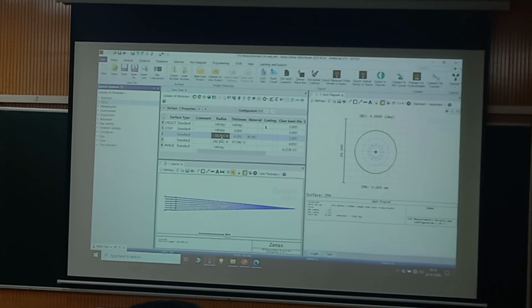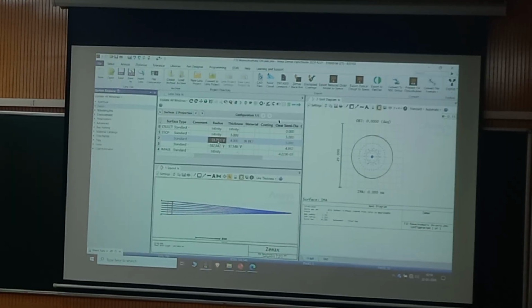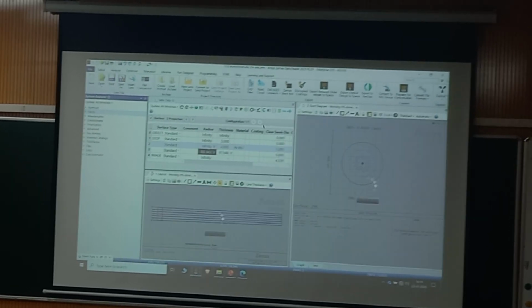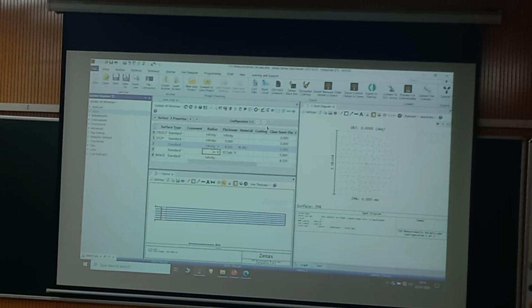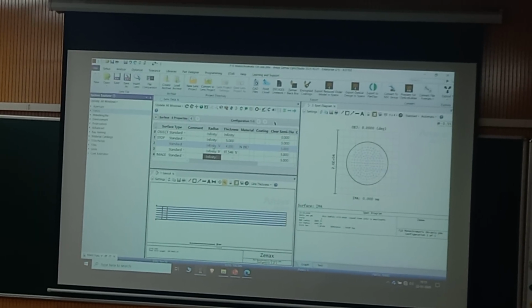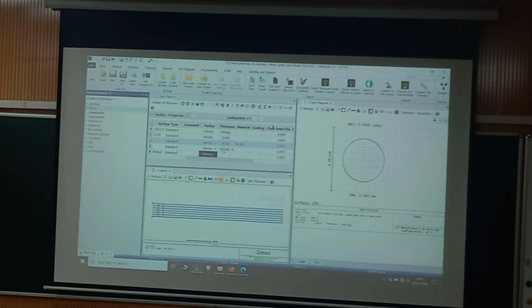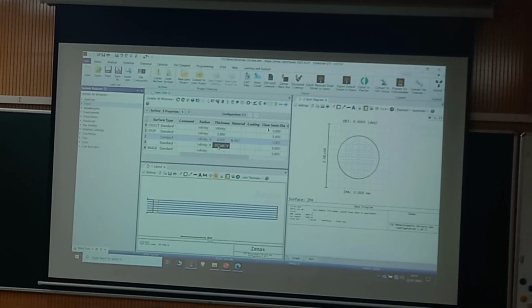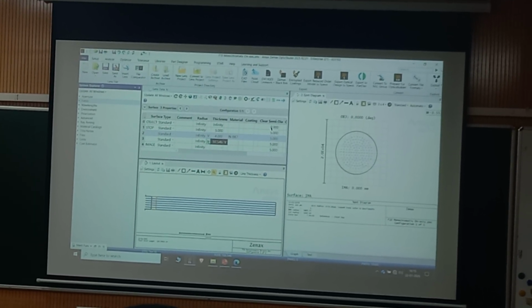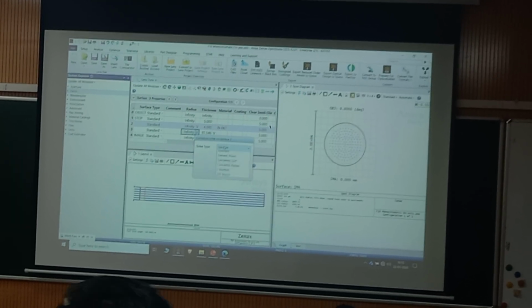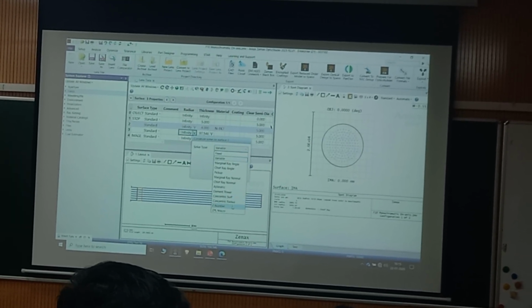Again, I'll make it a plano on both the surfaces, so I'll make it infinity. I'll just type IN, enter, IN, enter. And there will be some distance, so it should be 50, because I'm going for F number 5. So go to this small box on line number 3, click on it, and go to the F number solve.